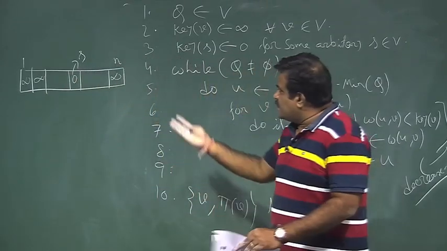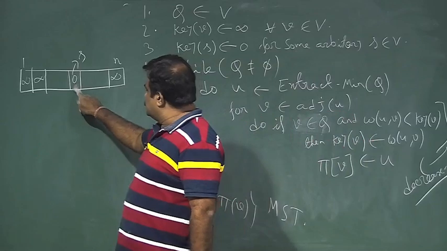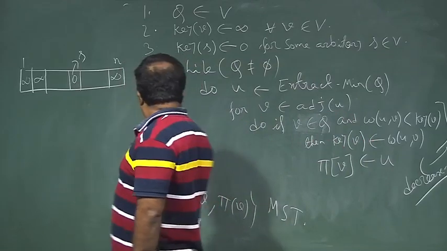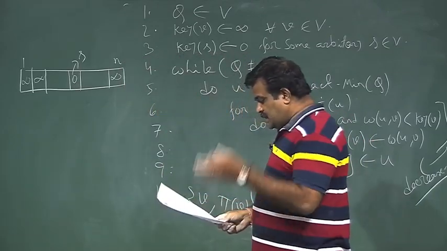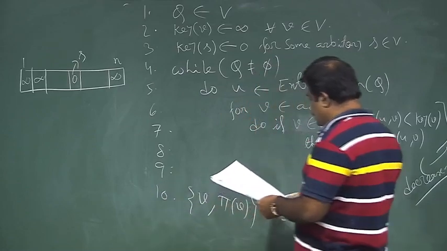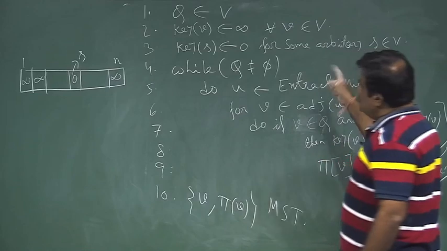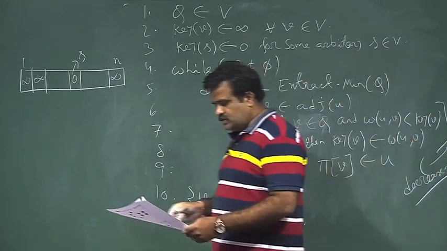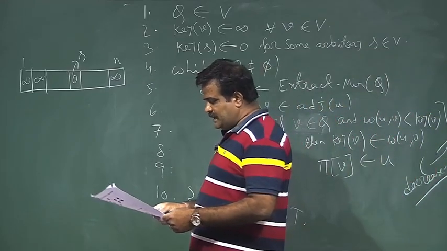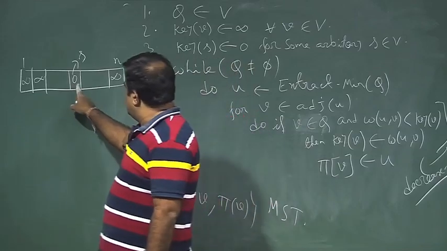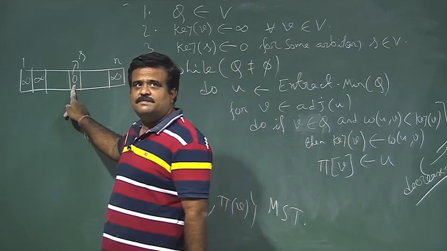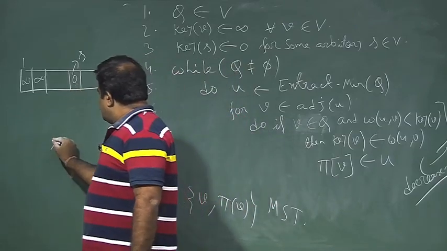Now, once we extract the minimum, since this is 0, this will be extracted. Extract min means it is deleted from the Q and it is added in A. So everything is infinity, 0 is the minimum, so s will be